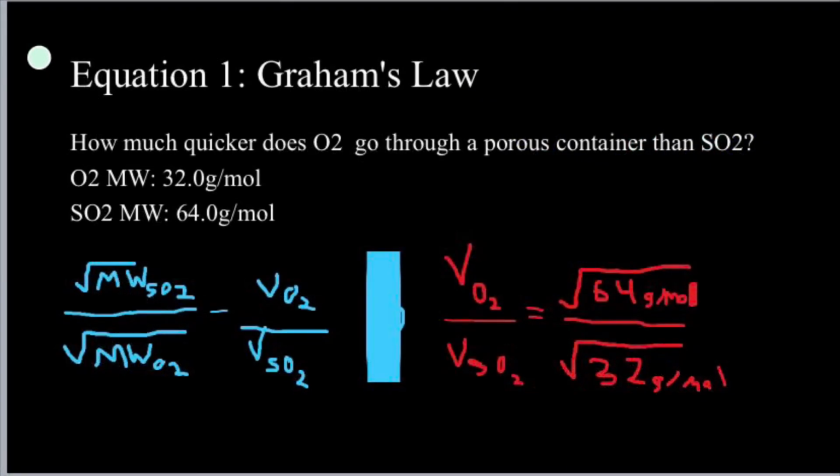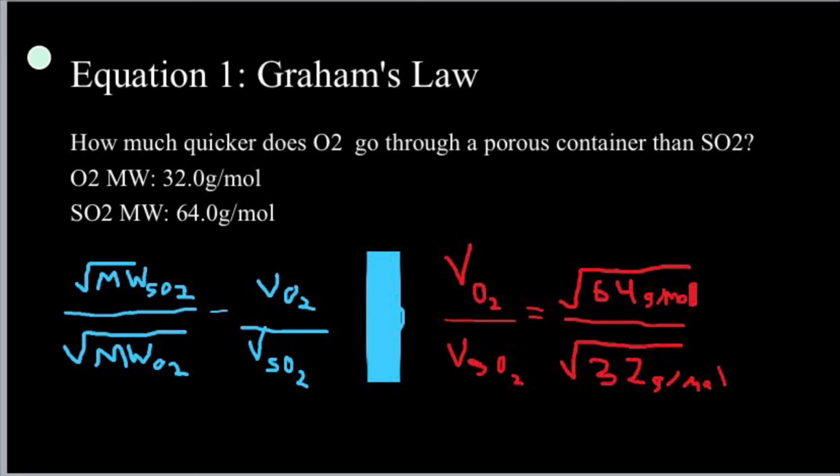Now, we're just going to go over a couple of sample problems from the topics that we just went over. The first thing we'll do is use Graham's law. The question is, how much quicker does O2, or oxygen, go through a porous container than SO2? Well,